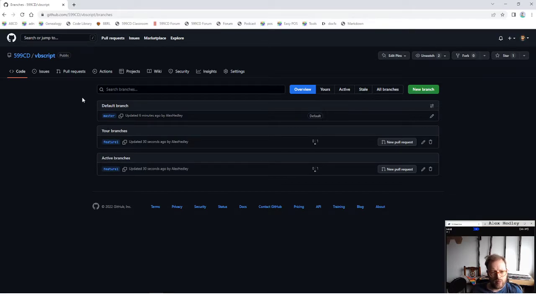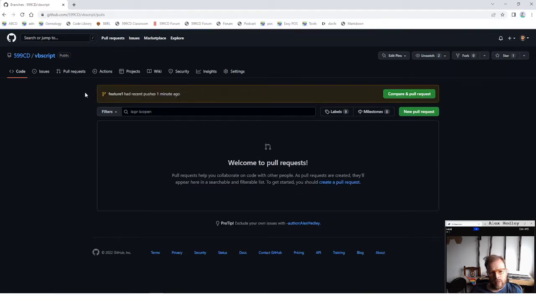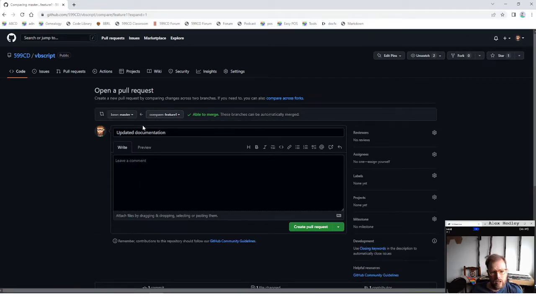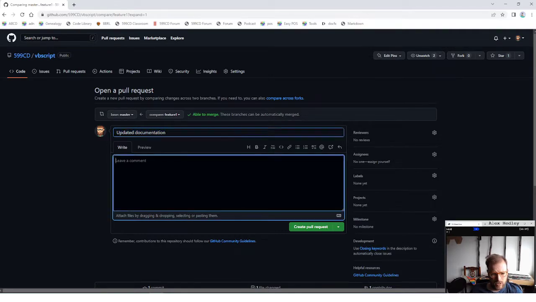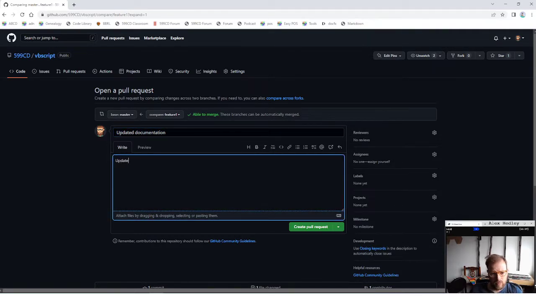Since we're talking about branches, it would be a good time to discuss pull requests as well. Pull requests are a way of requesting someone to compare and review your code. In GitHub, you can click compare and pull request. It's automatically picked feature 1 because it knows that's the one you were working on. You're then going to want it to be merged back into your master branch. So any changes that you've made to feature 1 then come into the master branch, and it'll take the last commit message that you've put, so you can add more information, updated readme,